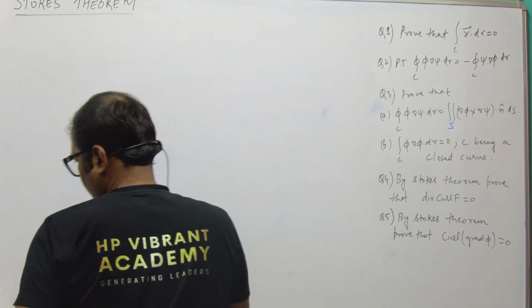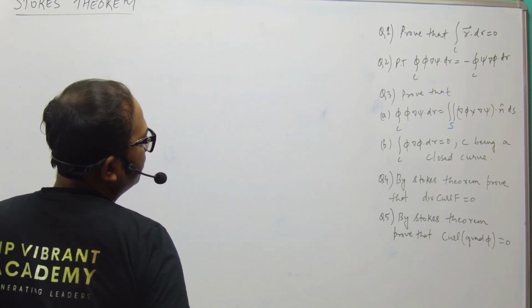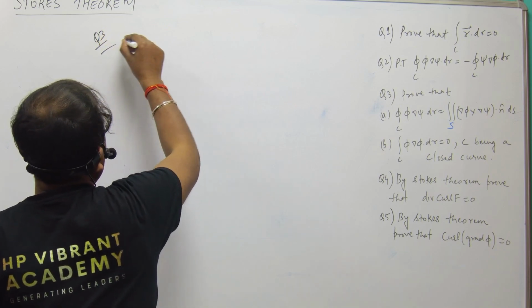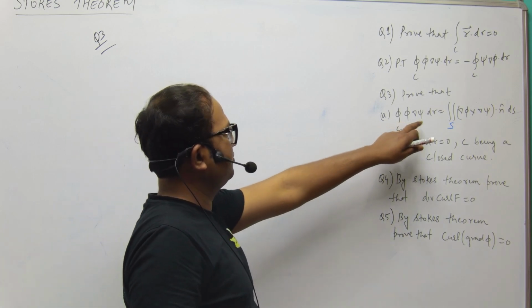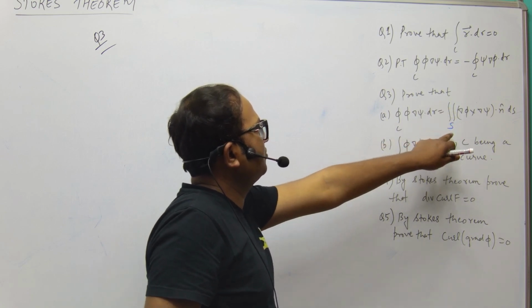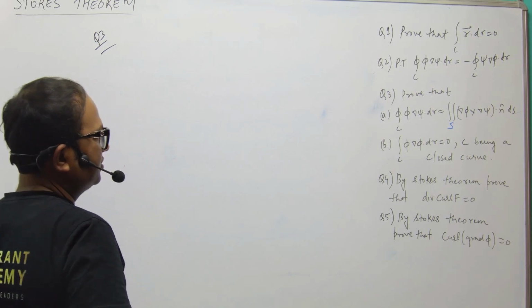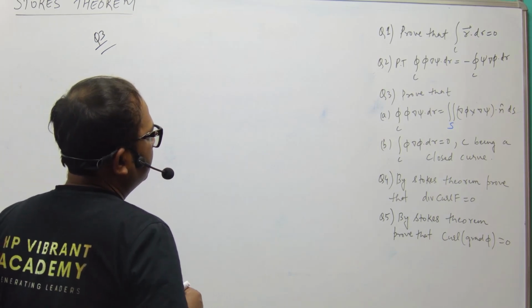Let us discuss question number 3. How can we solve this? Question number 3. Okay, we have to prove that the line integral along the curve C of phi times del psi dot dr is equal to the surface integral along the surface S of del phi cross del psi dot n cap dS. How can we solve this? We have to show that